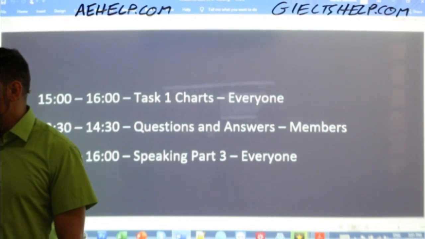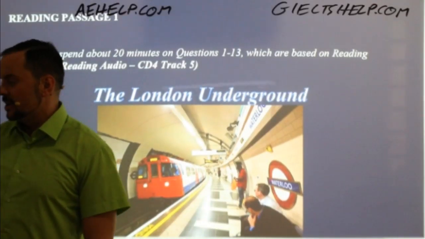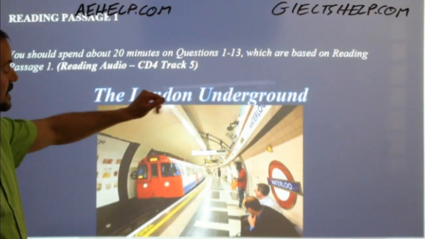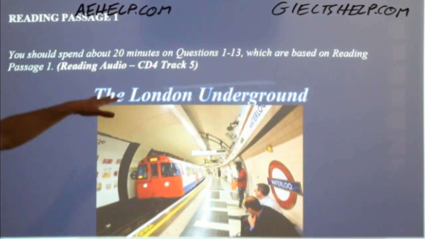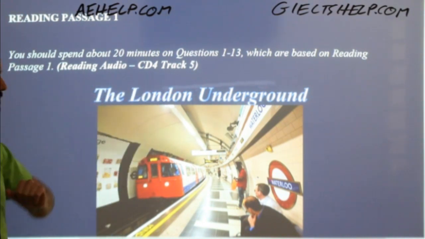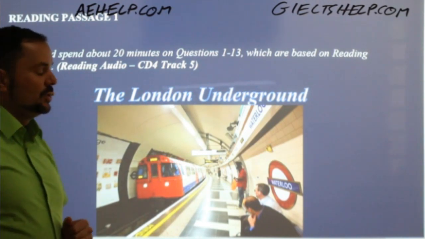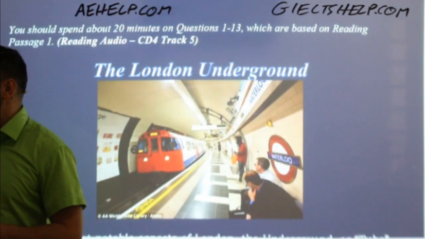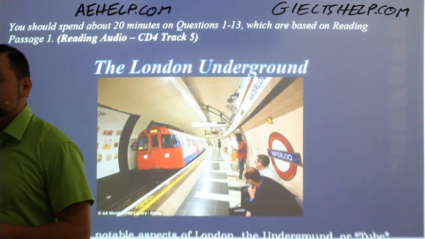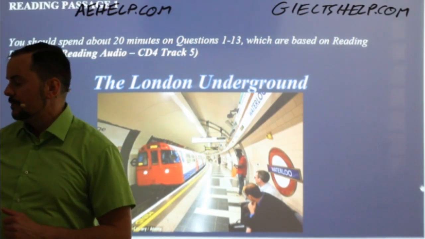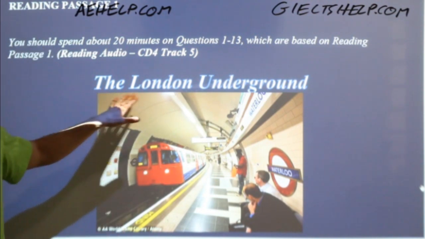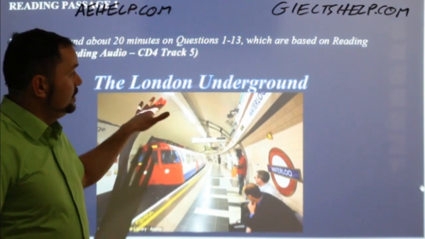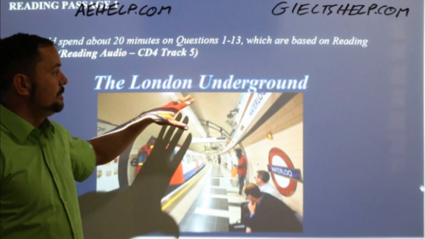All right, students, let's get into today's reading passage. This is coming out of our 4th exam, dealing with the London Underground. And of course, we have audio tracks with British readers for all of our products as well. So here we go, students. Let's do this together. When you get to your reading passage, the first thing you should always do is read the topic, the London Underground. When you read the topic, you should think about what, why, how.